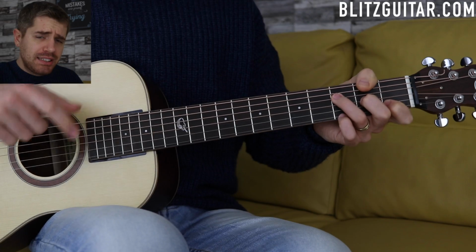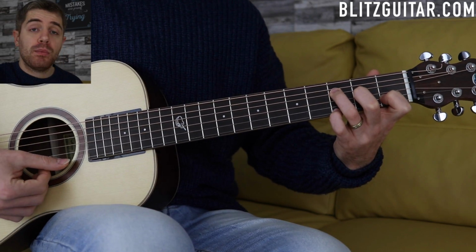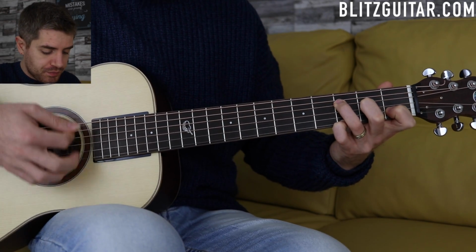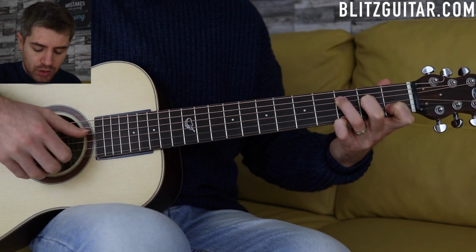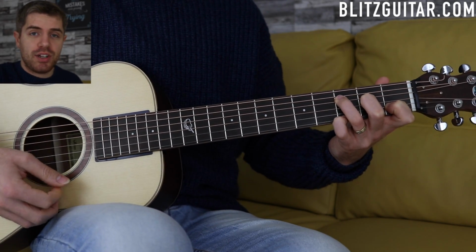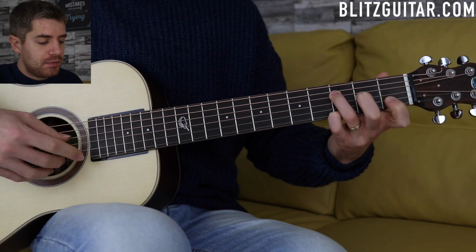okay? It's actually an F add 9 chord. So it's 3, 2, 1, and the E string fret number 3. But I'm gonna start just with the bass note, and then one strum, okay? So I play the D string, and then I'm gonna strum from the D to the E string. And then I'm gonna have the A minor scale,